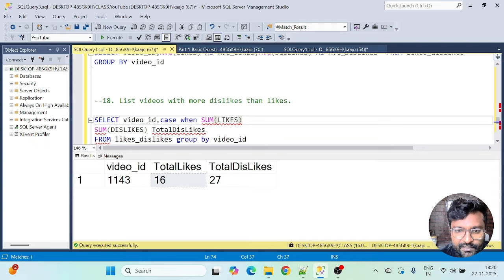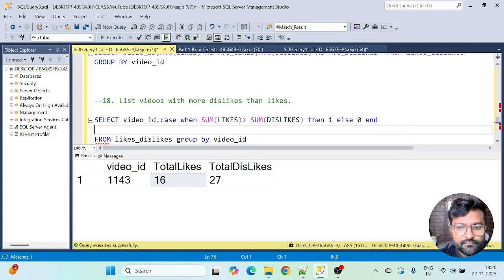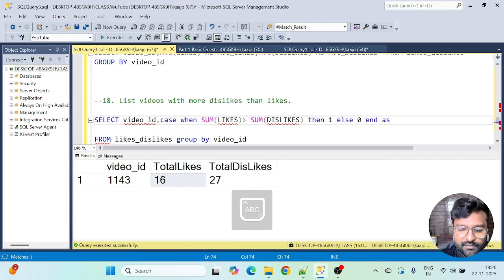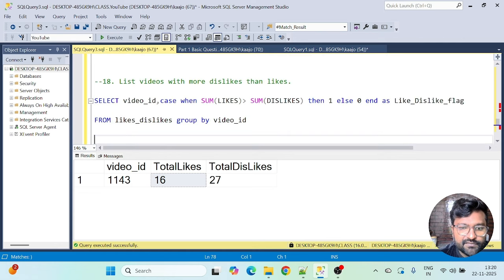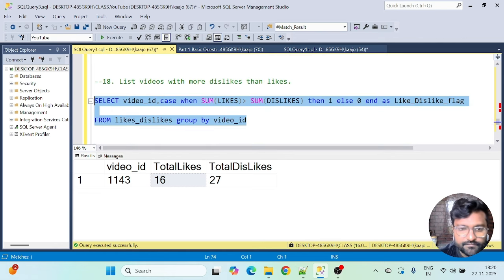Case when sum of likes is greater than sum of dislikes, then 1, else 0, and alias it, let's say like dislike flag. First execute this. What do we get here? I want to see.